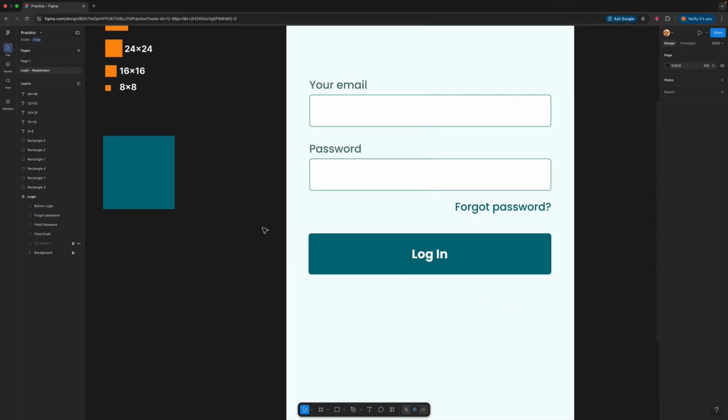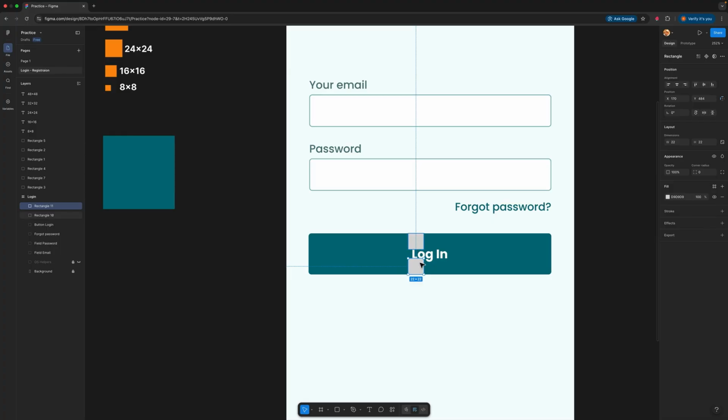Now you can also add a box to see if the top spacing and the bottom spacing on the text are the same. Grab the rectangle tool, and while holding down Shift, I will click and drag, and click and drag again to see that both spacings match. Then we'll delete these two squares, grab my 16 by 16 square, place it over here, and while holding down Alt I will duplicate it